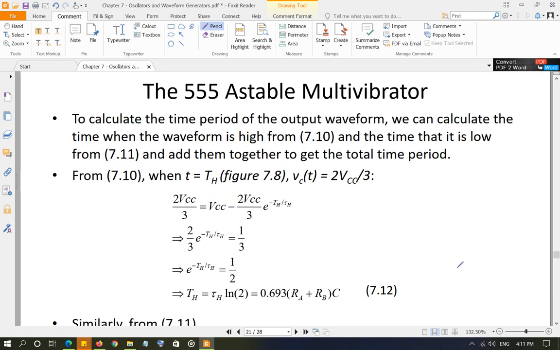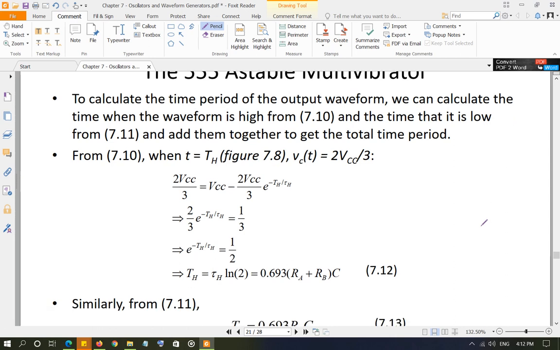Now to figure out what exactly will be the value of the high time and the value of the low time, and the total time period, which is high time plus low time, we are going to use the two equations of the capacitor voltage when it is charging and discharging. So from equation 7.10, when the capacitor is charging, we're going to use that